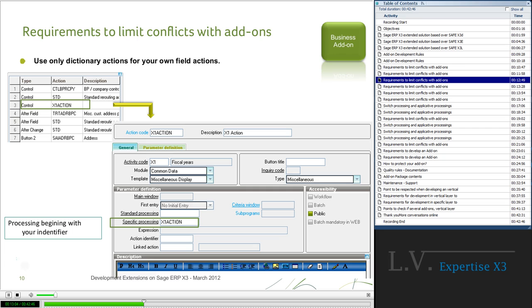So this action is described in the dictionary of action, with the action code and specific processing beginning by X1, the identifier of this add-on.